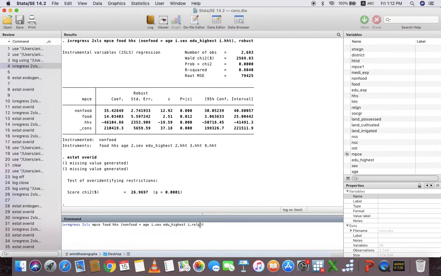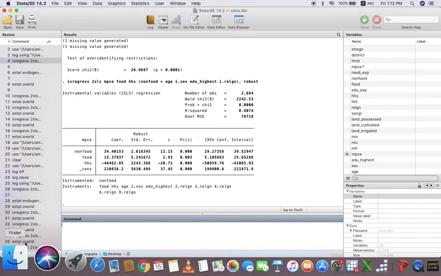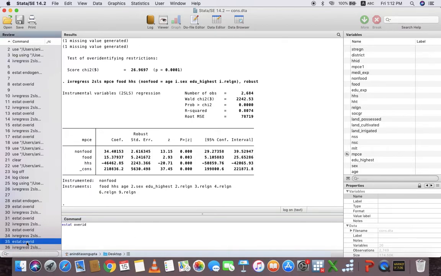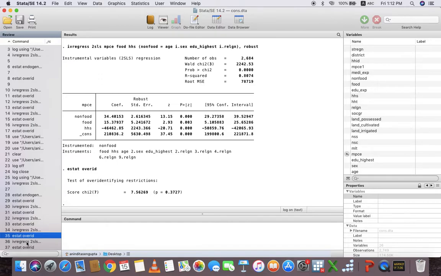Once again we use the religion dummy now, and we delete the household type dummy, and we are once again using the robust command, and then once again do the over identification test, and we see that the p value is insignificant.